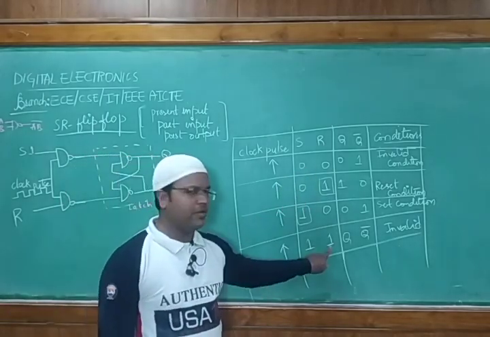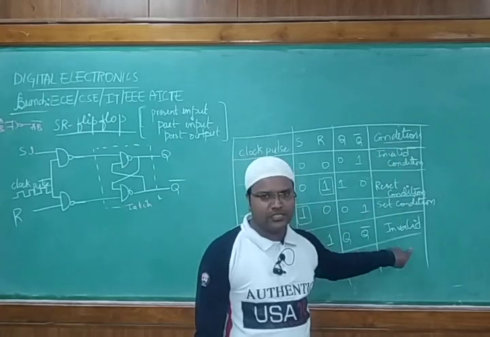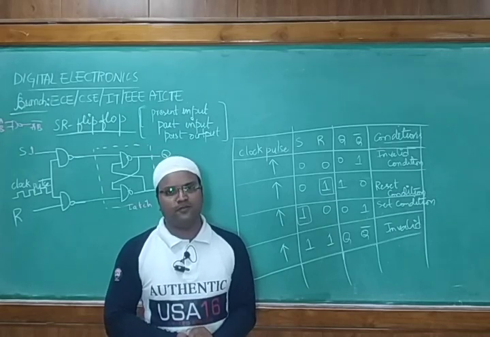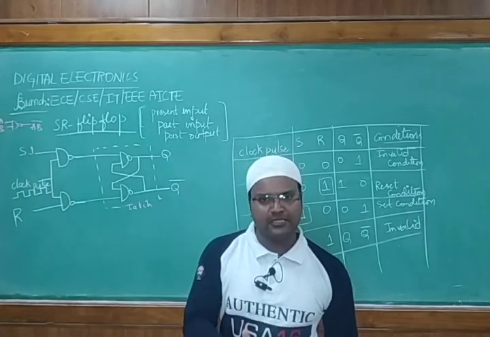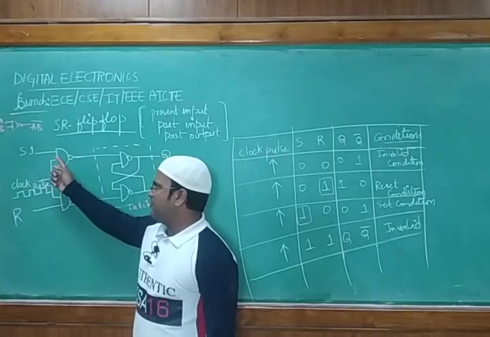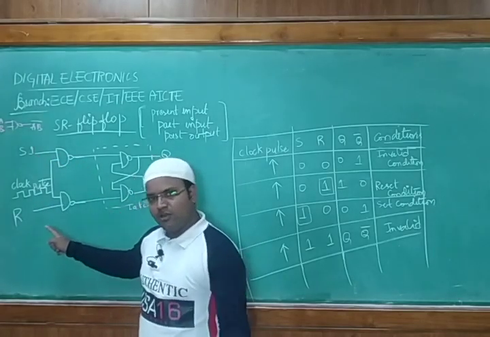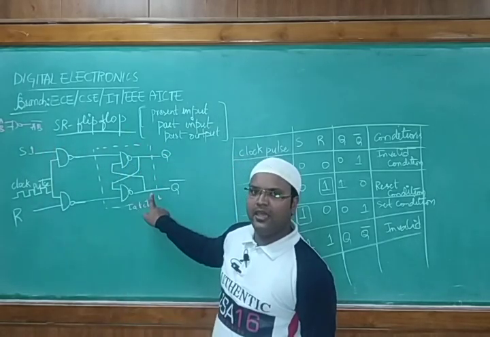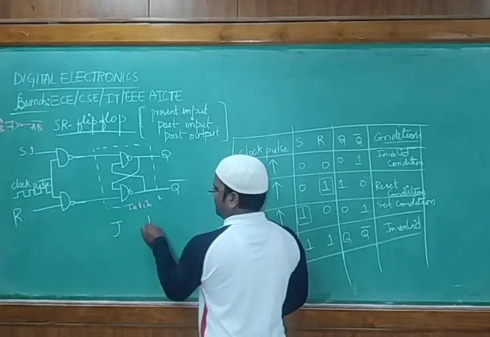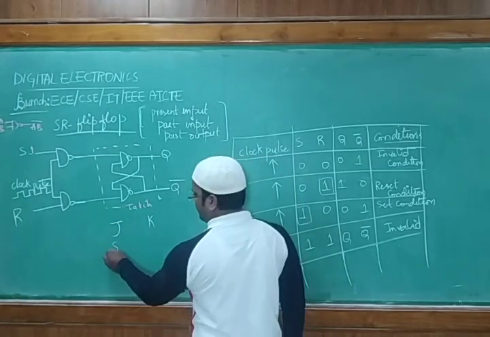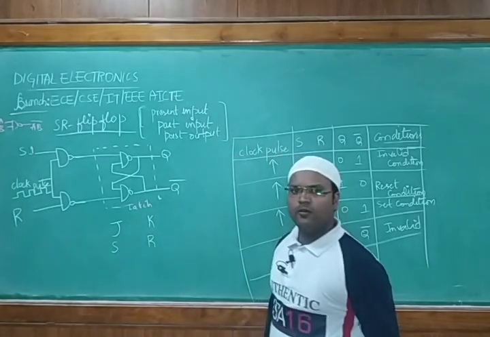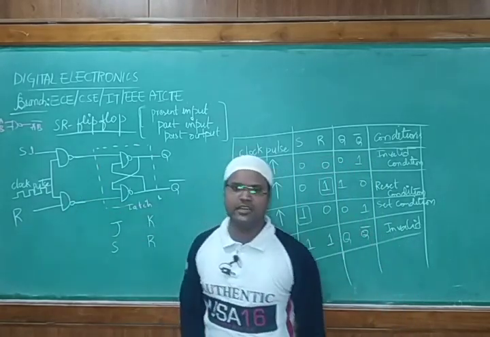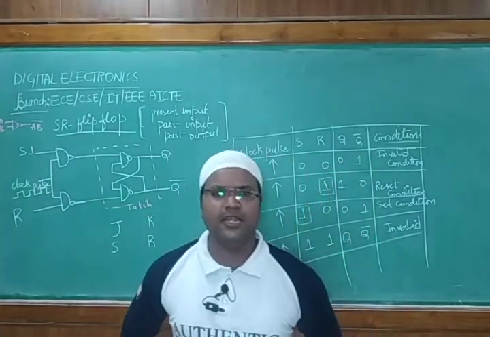When both are 0 or both are 1, we are unable to decide what the condition is. How do we overcome that? That can be overcome by using the JK flip-flop. What is the difference between SR and JK? In SR, we directly give the set bit and reset bit. Whereas in JK, what is the extra thing we have? We pass one more input at the output of this terminal, and in JK flip-flops, J behaves like set and K behaves like reset. So these conditions, when both are 0 and both are 1, are eliminated by using the JK flip-flop. That particular thing we are going to see in the next class.